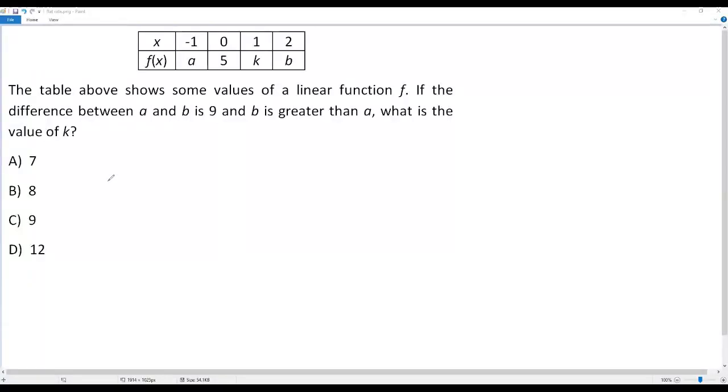Here we have a SAT math problem. Okay, let's go to the question. Here we have a table of values for x and f of x. The table above shows some values of a linear function f. If the difference between a and b is 9 and b is greater than a, what is the value of